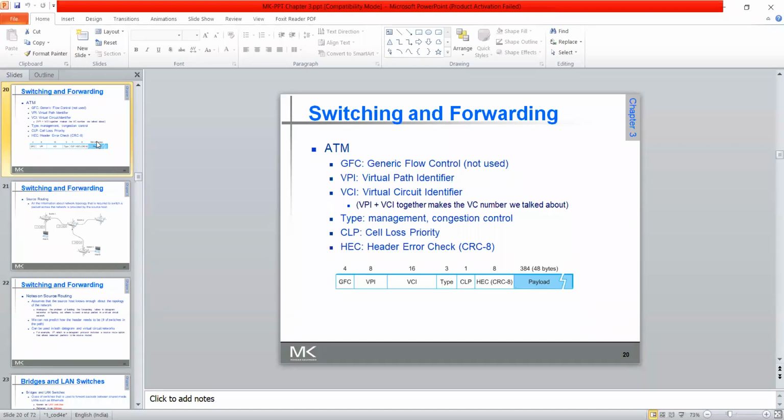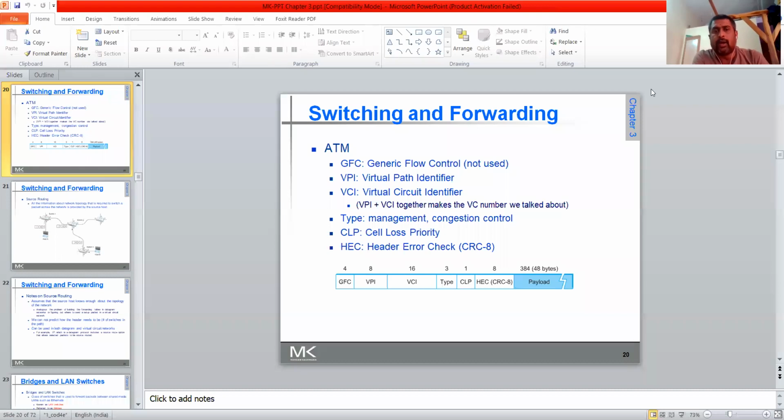As we had discussed in the previous slides, the VPI, virtual path identifier, and the virtual circuit identifier, both combined will become a VC number for that particular entire circuit, meaning virtual circuit. So you have to take that into consideration.